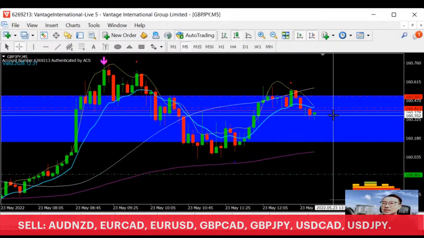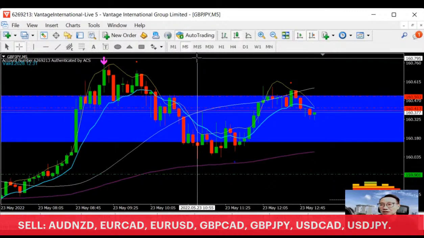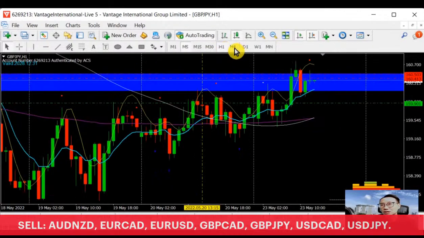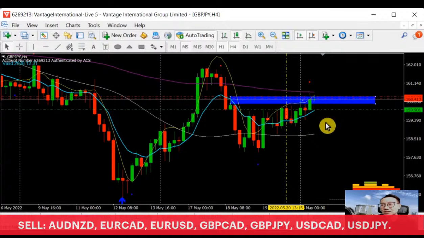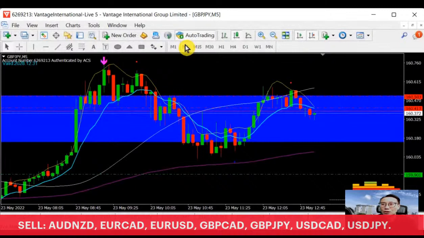Let's see tomorrow, or the second half of the day, whether the pound yen in the H4 respects the resistance and starts to sell down, forming a new selling signal in the next H4. Then congratulations, tomorrow onwards we still have a good space to sell. Let's see the second half of the day when the US market opens, then we will be able to conclude more.